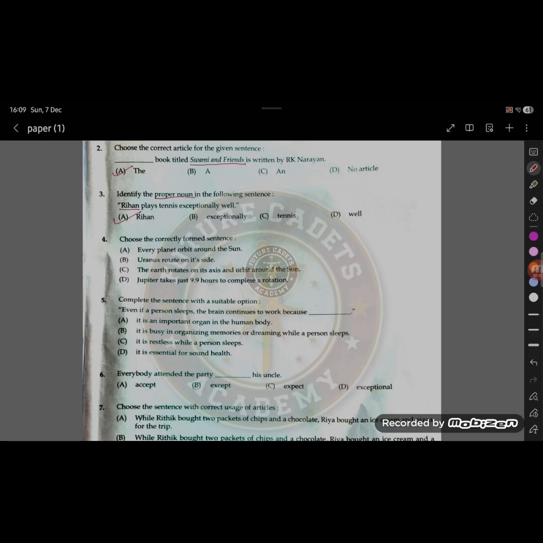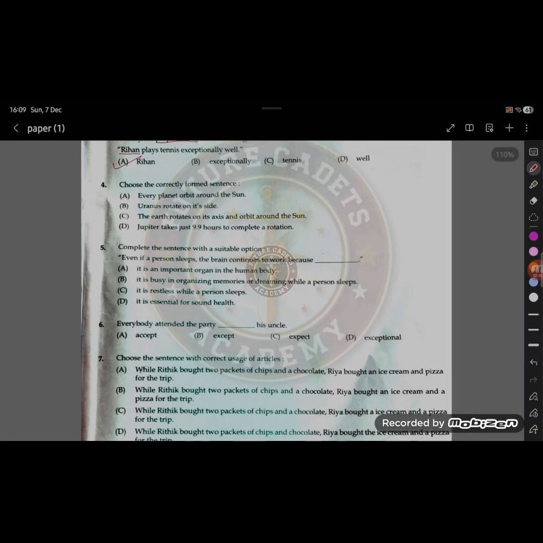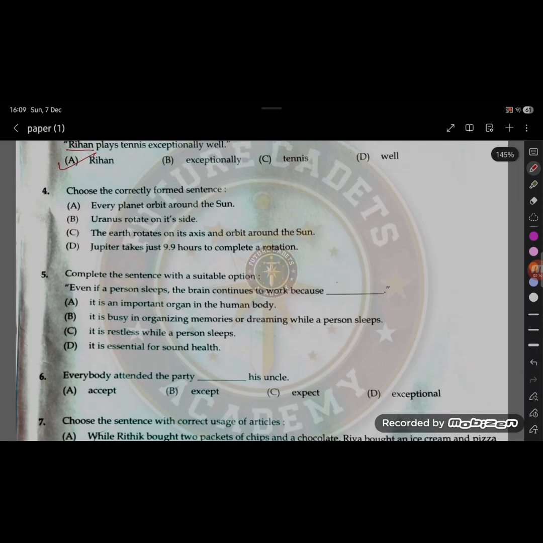In question number 4, choose the correctly formed sentence. Now we need to read every sentence and identify which one is the best among these 4. So let's do it. A. Every planet orbit around the sun. Seems good. Let's read the second. B. Uranus rotate on its side. C. The Earth rotates on its axis and orbit around the sun. D. Jupiter takes just 9.9 hours to complete a rotation. Now,